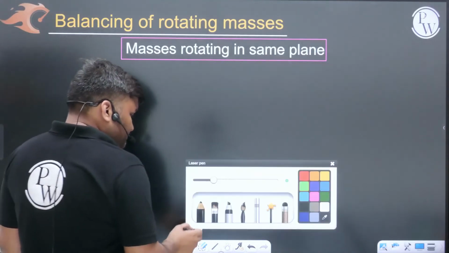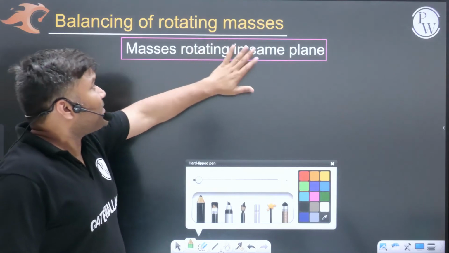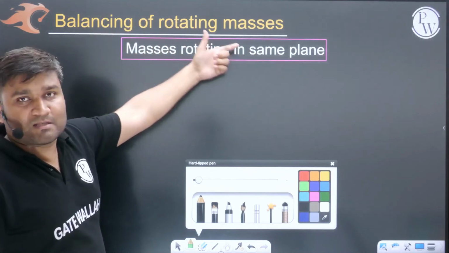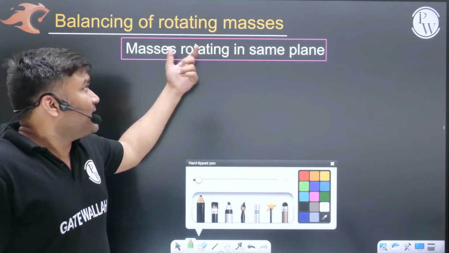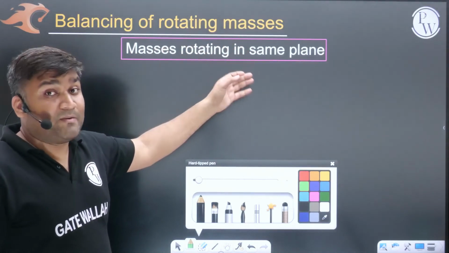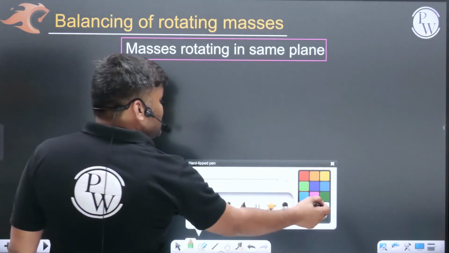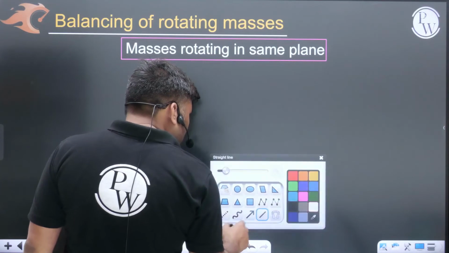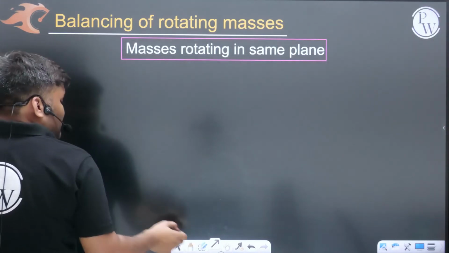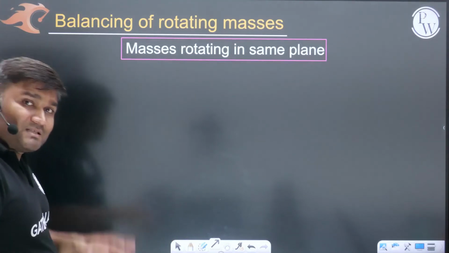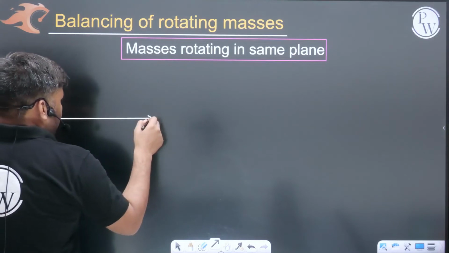a brief hint: if masses are rotating in the same plane, how do we balance rotating masses? We are talking about balancing of rotating masses. Maybe rotating in the same plane, maybe rotating in different planes. So if masses are rotating in the same plane, how do we balance those? How do we do it? Let me show you that. Suppose there is a shaft, and in that shaft, same plane, there are some masses which are rotating, and